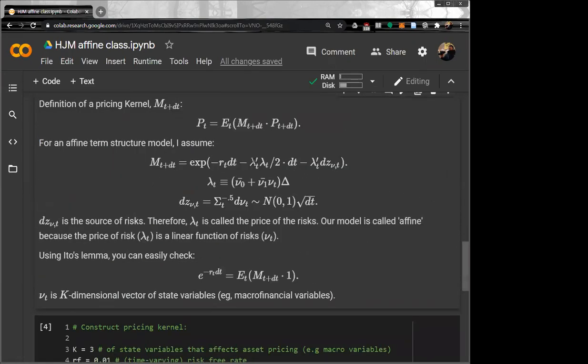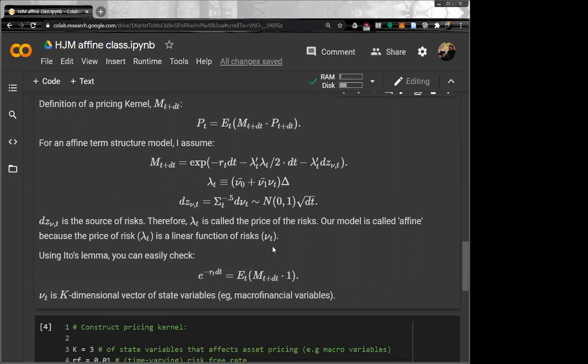I have a bar because they are constants, like given numbers. And nu_t, this one I don't have a bar, so it is like a varying random number, and I multiply by delta to make those values independent of the length of the time period